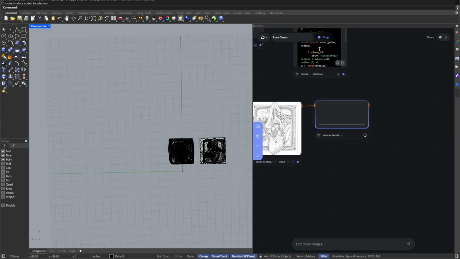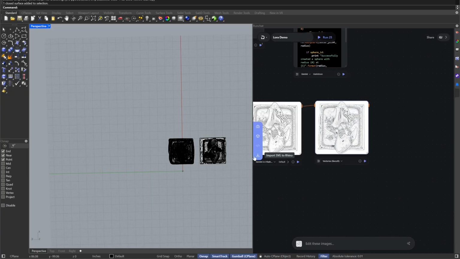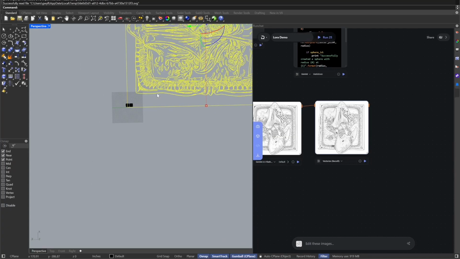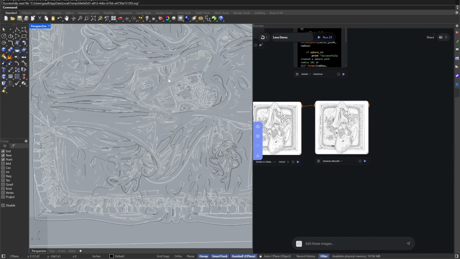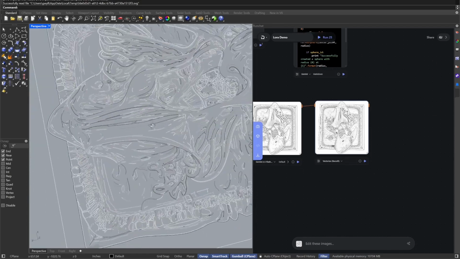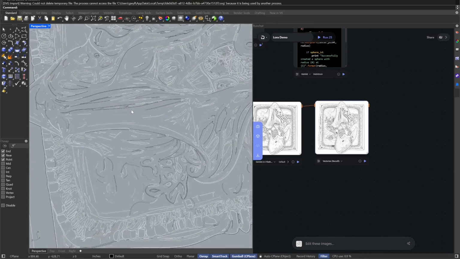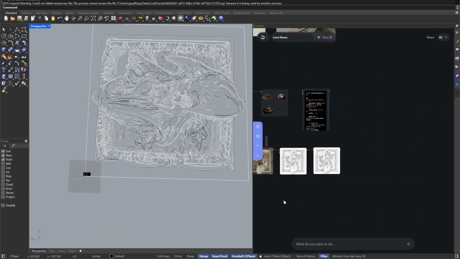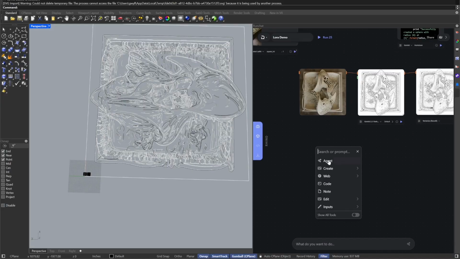And a bit like with the code tool, as long as we've got a node selected that has an SVG output, we can hit import SVG to Rhino. We've got our settings, just like a normal import, and that's going to load it in as actual geometry that we can then go ahead and edit. So that's really useful, especially for generating things like text or reference images. I mean, I guess we could also probably do stuff like